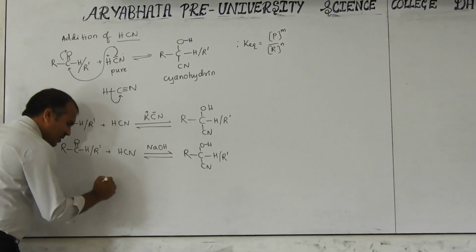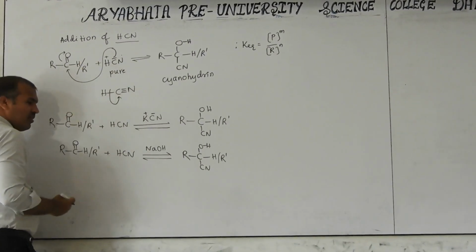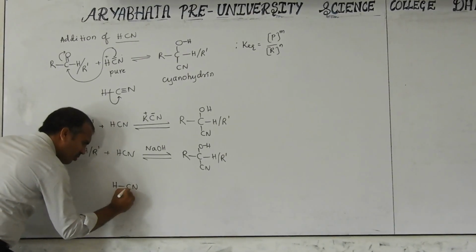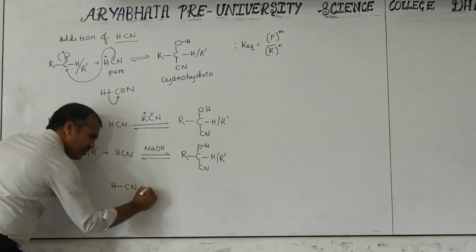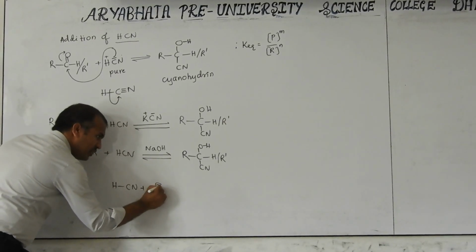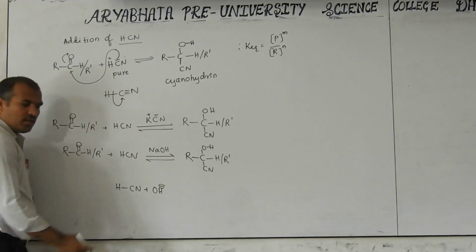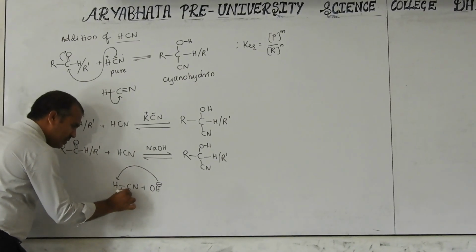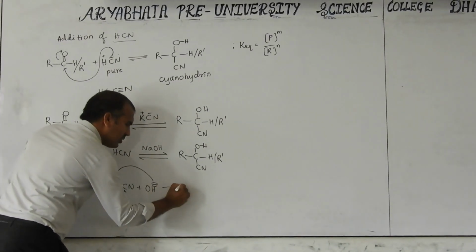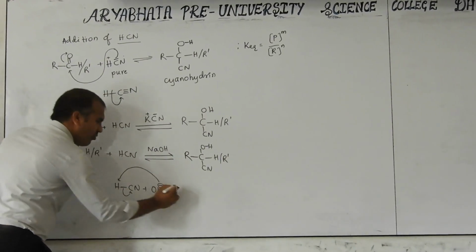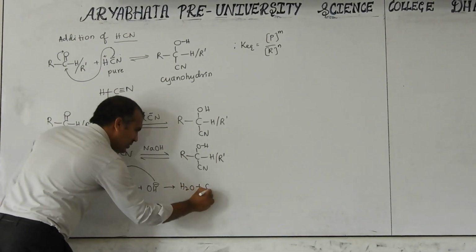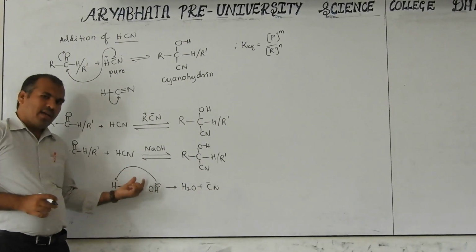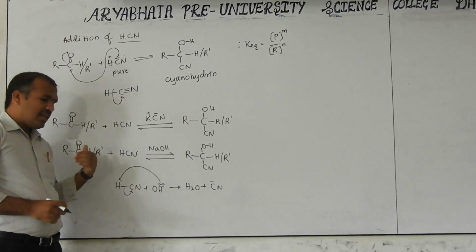Why is the rate of reaction fast here compared with this one? Here HCl is a covalent compound. When it reacts with this base, it forms OH minus. In this Na plus OH minus, the OH minus deprotonates like this. Then it is turned into H2O and Cl minus. So what happened here? OH minus deprotonates easily.